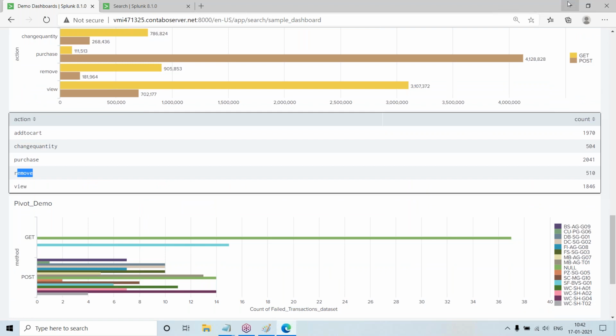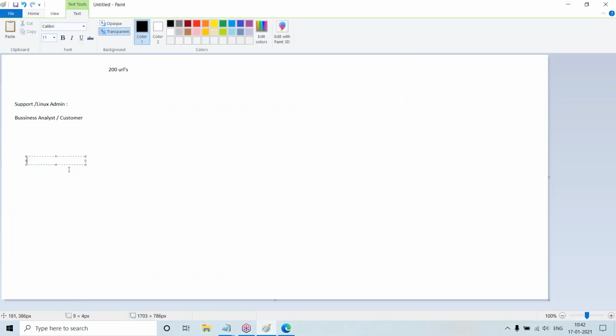Let us assume on day one they are having some $10,000 business. Day two, 12,000, or it is 10K.